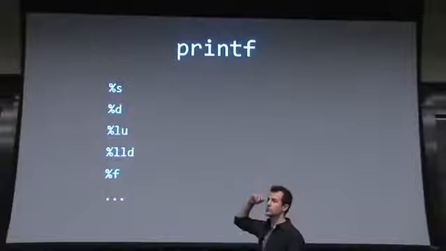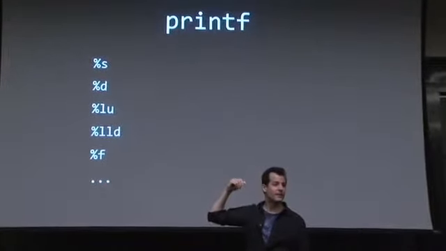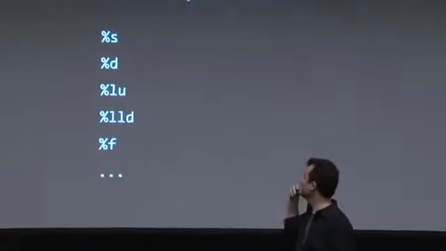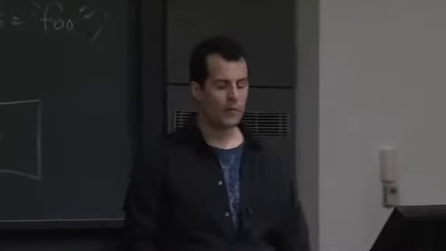So %s, just to take the emphasis off of my voice, represents what? A string. So it's a placeholder for a string. %d is decimal digit, so an int typically. %lu is unsigned long, and then %lld is long int typically. %f is a floating point value, a real number. And there's others, and we're going to see yet another in the context of Objective-C, but this would allow me